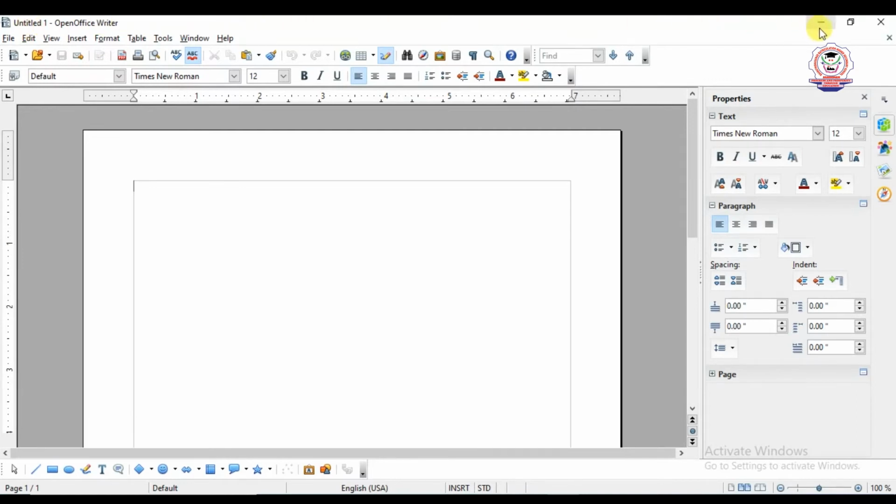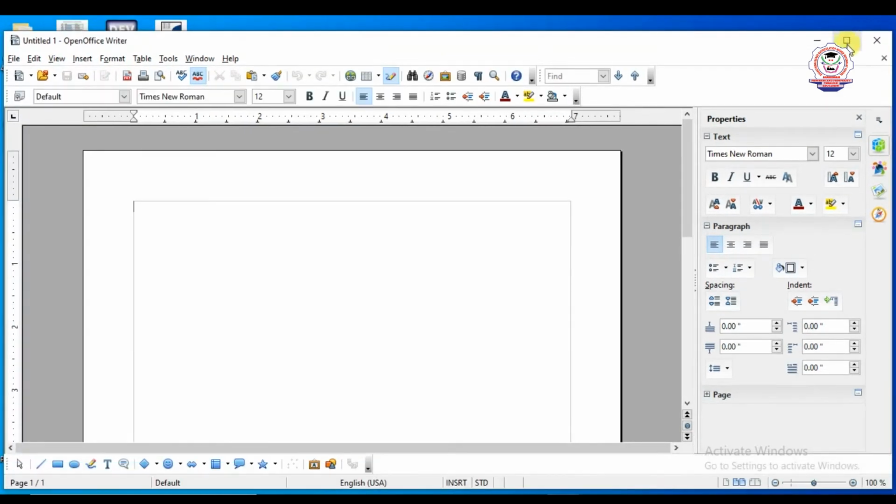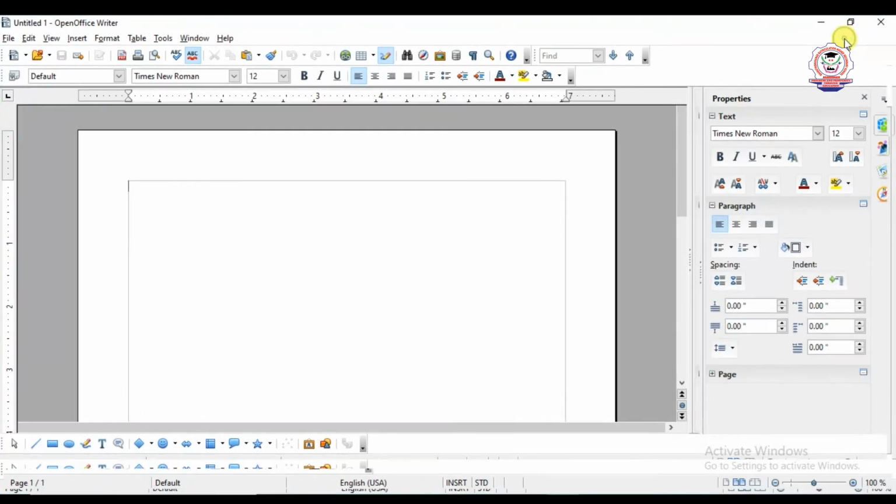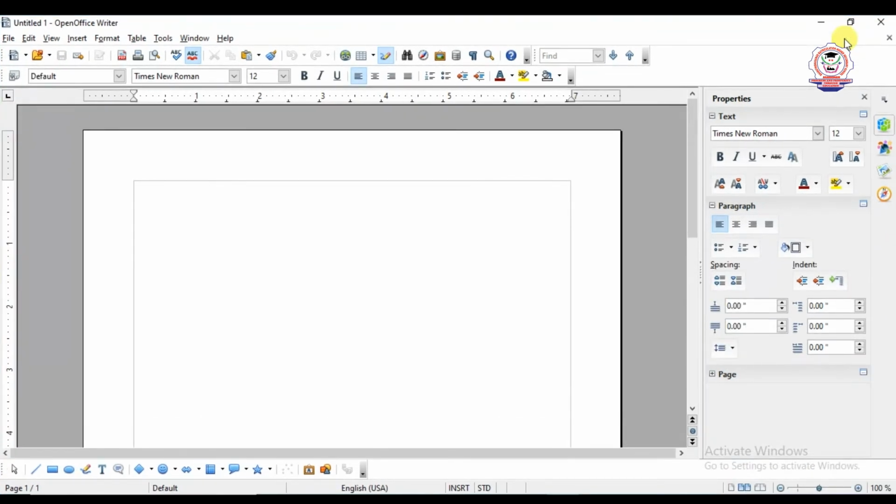In the rightmost top corner there are three buttons: minimize, maximize and close, or restore button. This button acts for two tasks. For example, when you click the restore button, a single square box specifies maximize. The maximize button is used to enlarge our screen up to the display screen size.